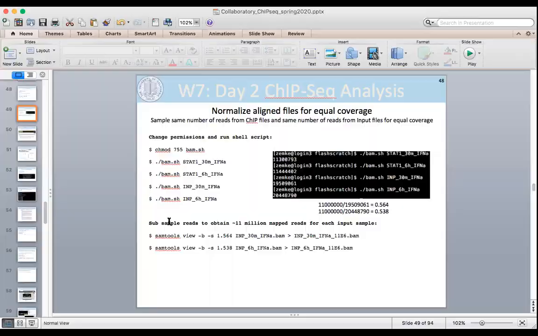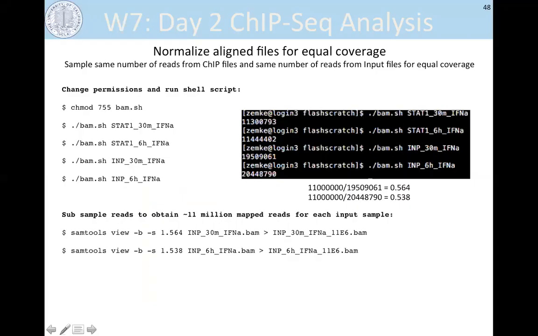Okay, so after the last one's finished, what we're gonna do is we want to get the same number of reads between our ChIP samples and between our input samples. An easy, rough way to do that is using samtools view. The -b means input BAM file. The -s means sample reads. So what we're going to do is